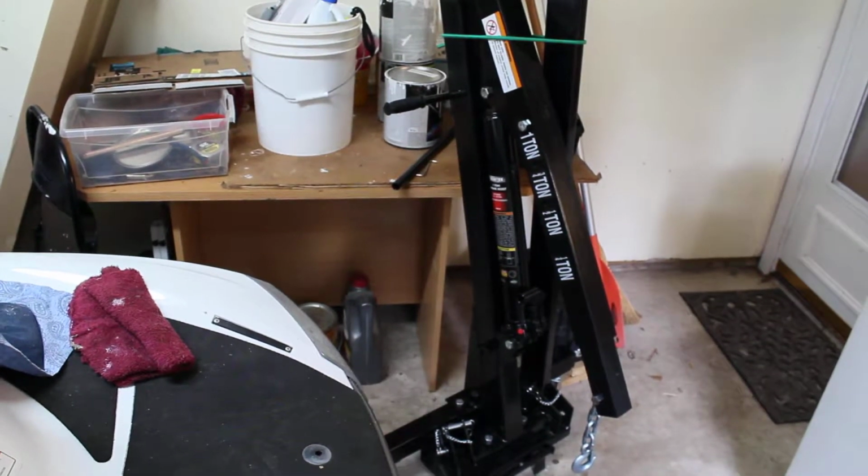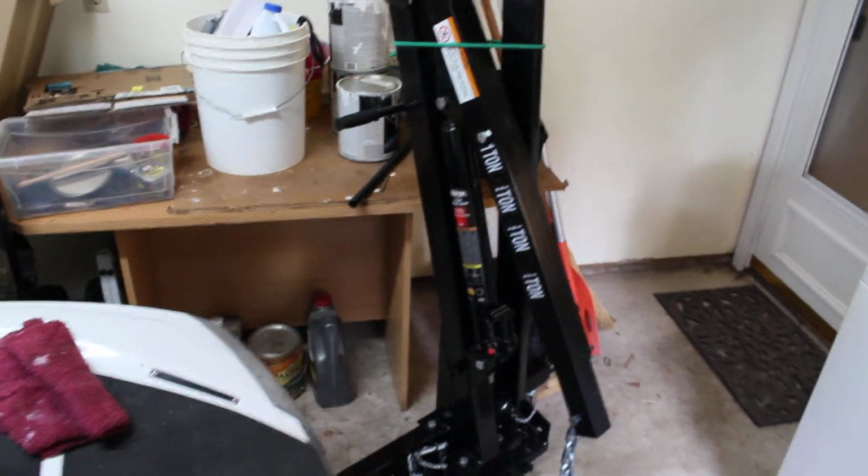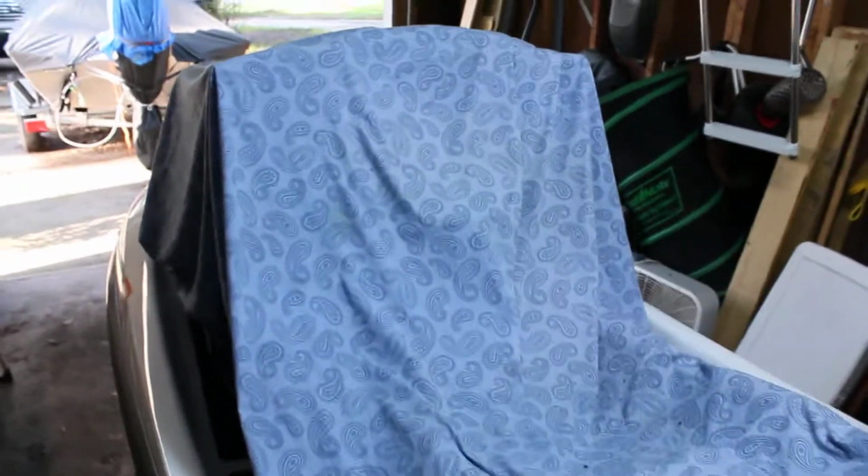Well, here we go again. I'm gonna show my mess. I'm not cleaning anything up. That's my engine hoist. Okay, I've done this before. This is not new to me. So